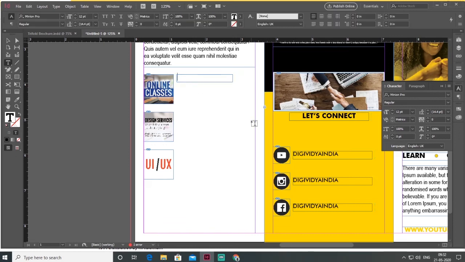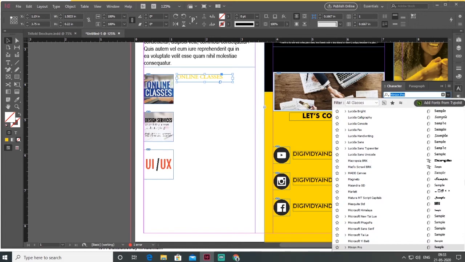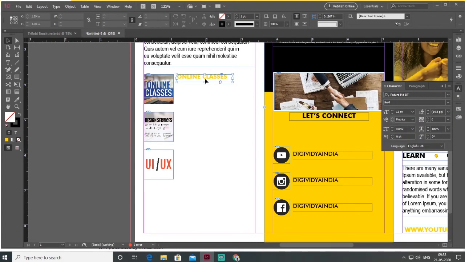Then I make a text box. And change this font into Futura bold, and my text color is black.